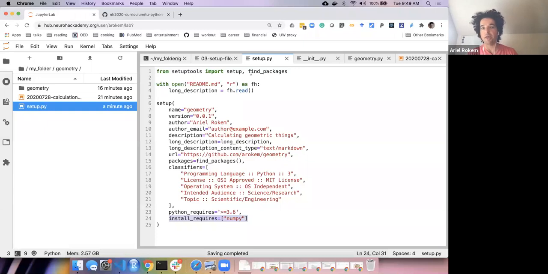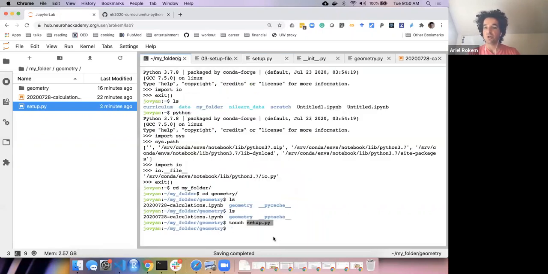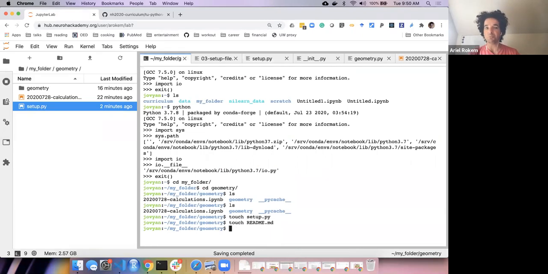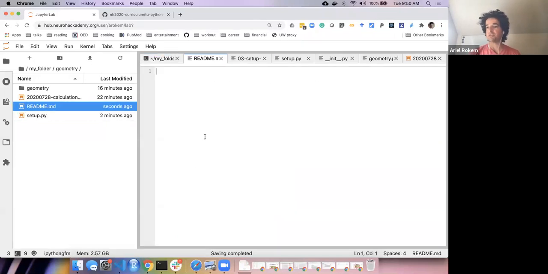Let me do one more thing so that this actually could run. And that's to point out that here, in order to get the long description of this, I have both a short description and a long description. I have to go in here and I have to also touch a README file. And so we're starting to create a proper software project here. And the README appeared here, and README is written in Markdown. Markdown is a very lightweight markup language that allows you to write things like